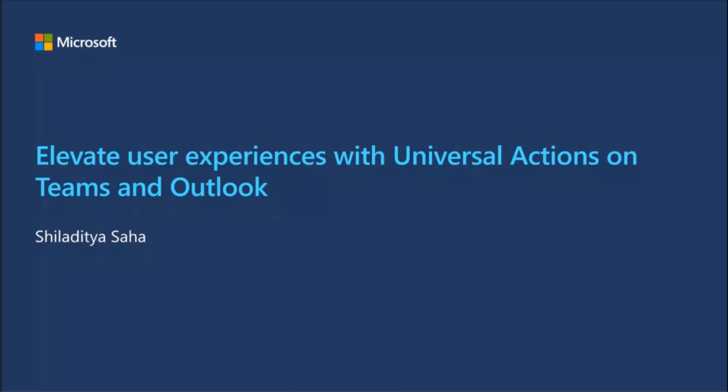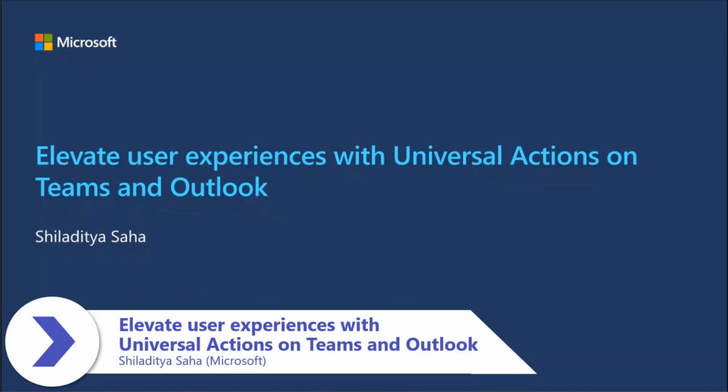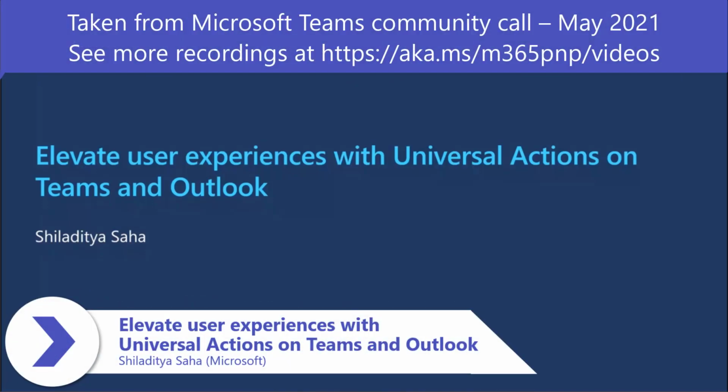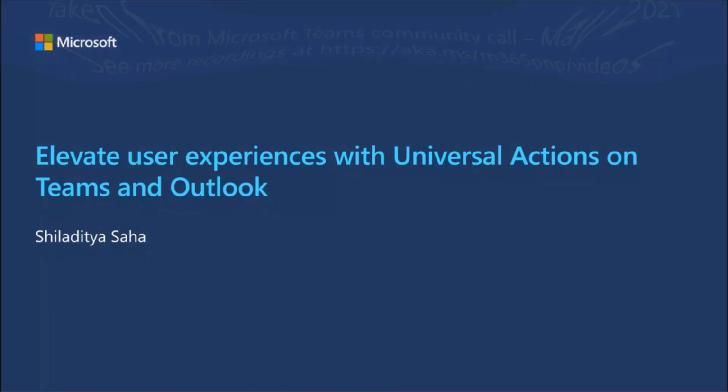We're starting off with the deck to give a quick introduction on adaptive cards and universal actions that's coming into Teams and Outlook, and how you can elevate your user experiences using adaptive cards there. So quickly starting with the deck, there's a small demo at the end, and then I'd like to take everyone over the documentation and would love to hear more about any scenarios that you feel you can enable with these.